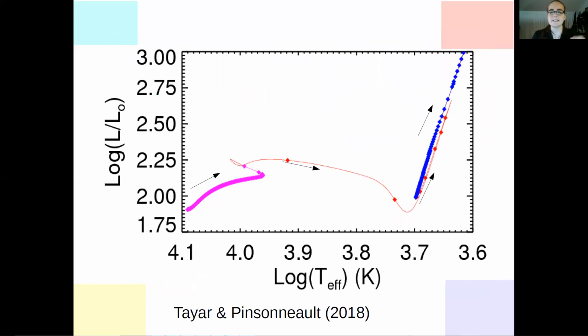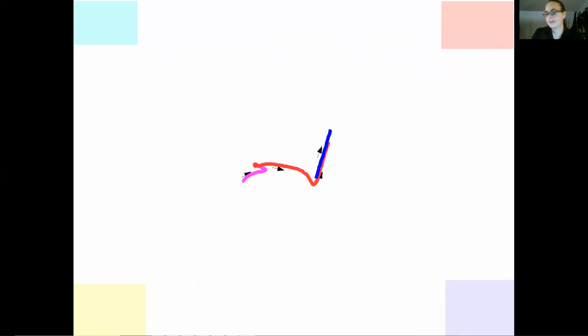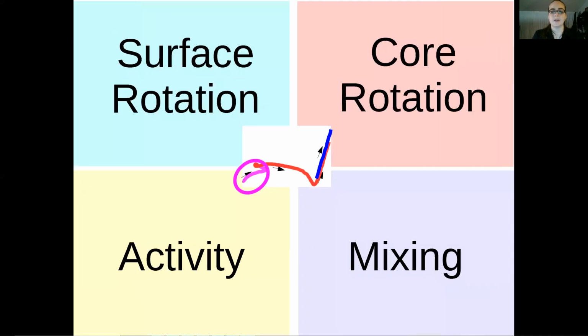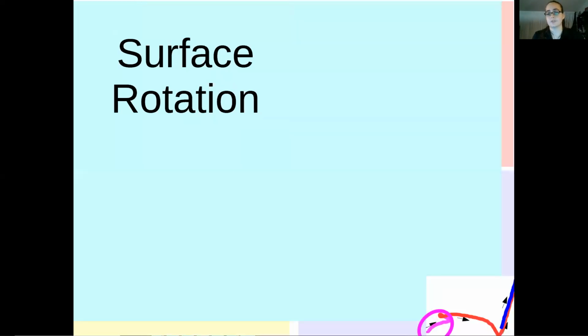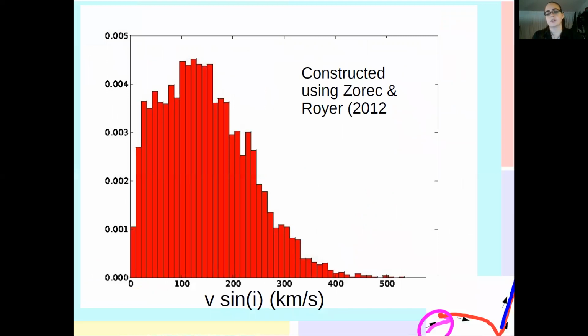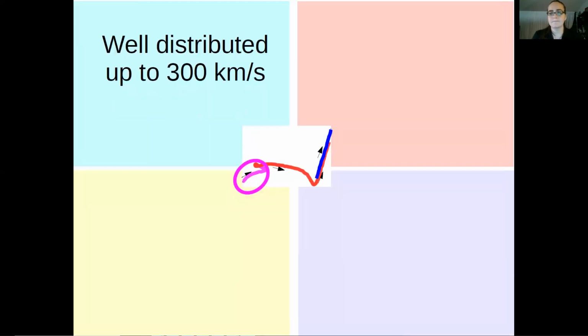Okay, so if we go back to this anchor diagram, I'm going to have this on every plot so that we know where we are on the HR diagram. I'm going to start out talking about these main sequence stars that you're probably more familiar with. For each of these regions, I'm going to tell you about the surface rotation, core rotation, activity, and mixing. We're going to start here with the surface rotation. These 2 to 3 solar mass stars are more like massive stars in this regime. They're rotating relatively rapidly, with a range of rotation velocities that goes up to something like 300 kilometers a second,